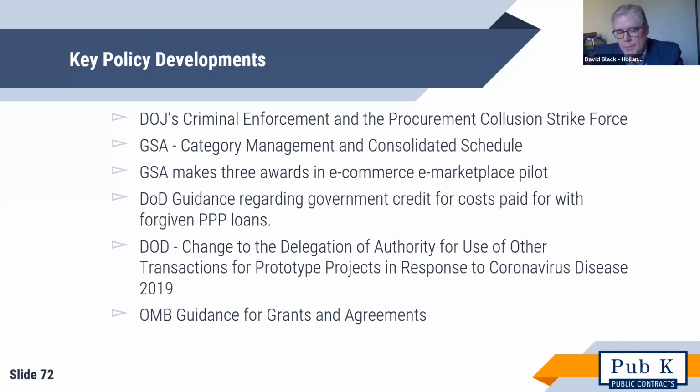There's going to be a review and a revision of FAR Part 25. This will probably take at least several months, and it has to go through the rulemaking. The executive order directs the replacement of the component test under the Buy American Act with a test that is based on the value added by the products, components, or the manufacturing process in the United States. So it's going to shift that to make sure what's happening in the United States adds more value. The details need to be filled in on that.